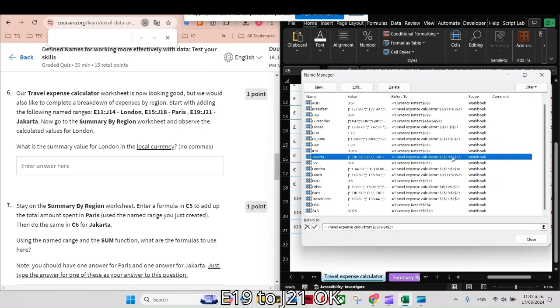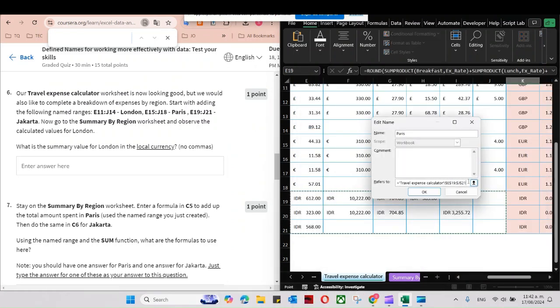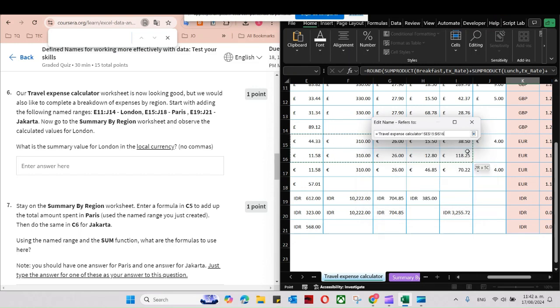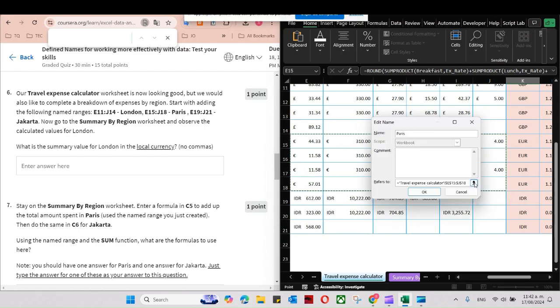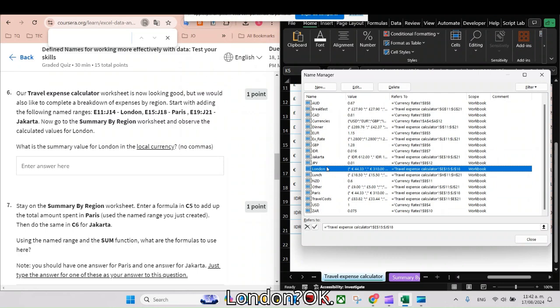Jakarta from E19 to J21, and next Paris. Oh, I missed one. I'm going to edit because I did it wrong, but no problem. Paris should be E15 to J18. And London, where is London?